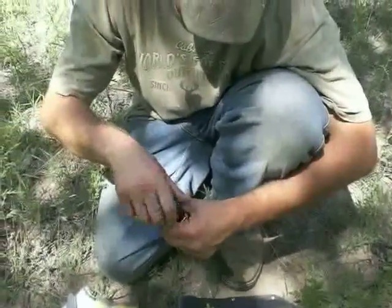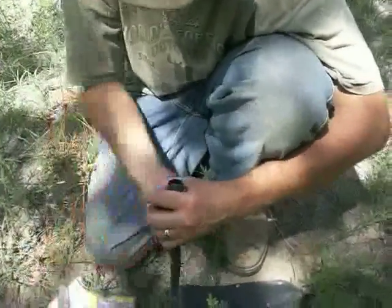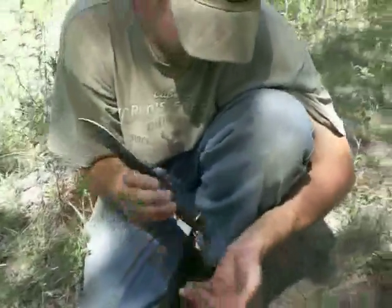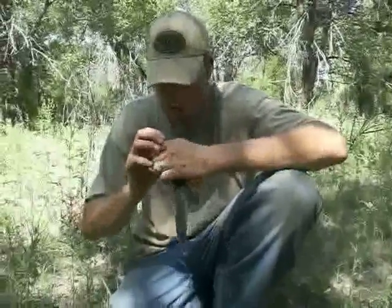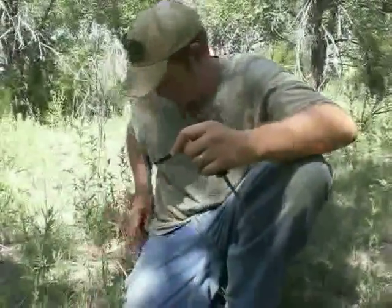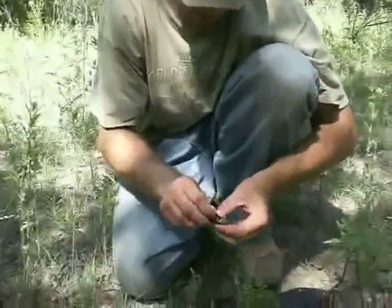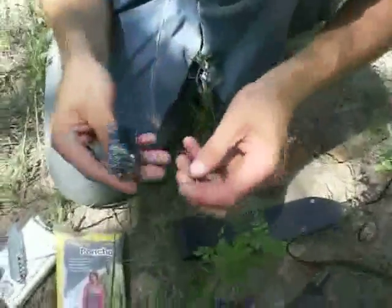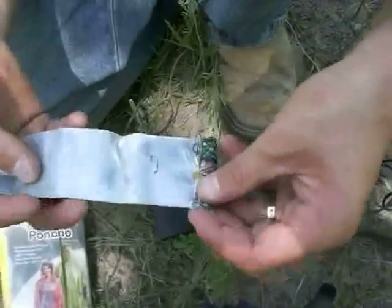This top just screws off, and you've got a little waterproof compartment in there. What I've got in there, the slip ring fell off, is if I can get it out of here. Alright, I've got all this stuff wrapped up in duct tape so it doesn't get scattered all over the place. What I've got in this bundle here is a little bit of fishing line, fishing hook, some snare wire,